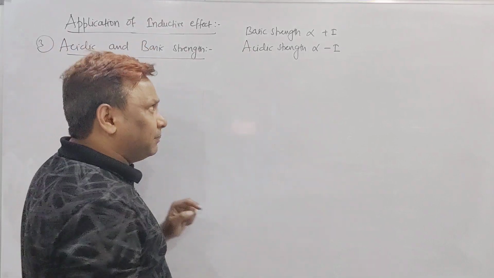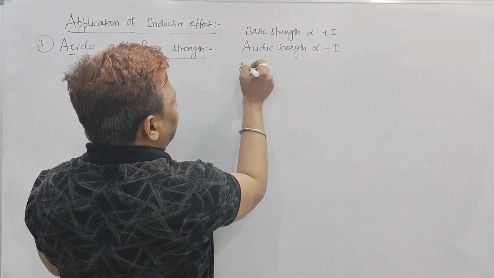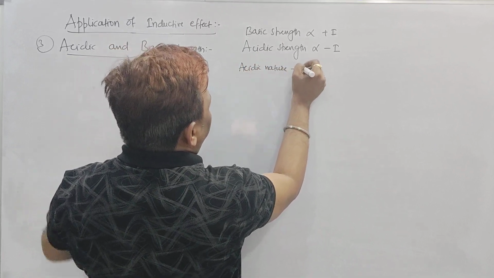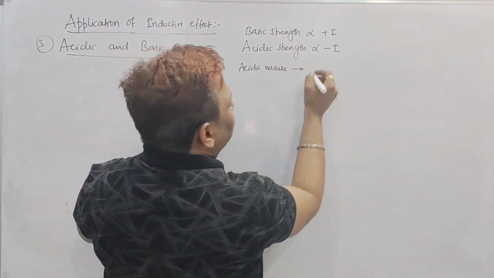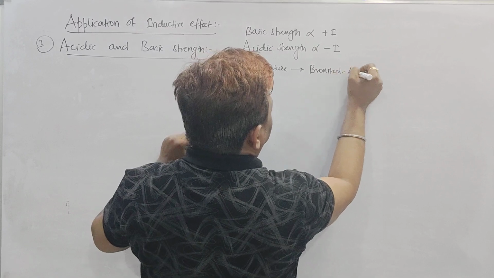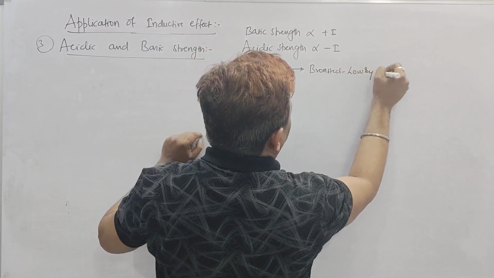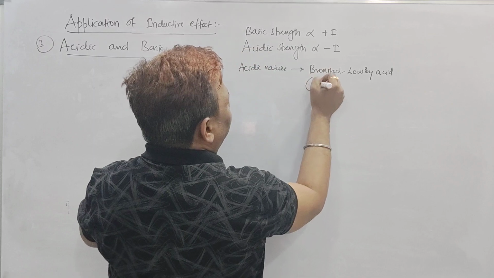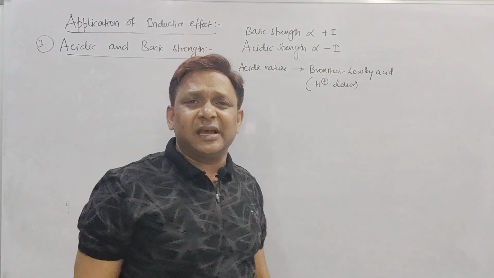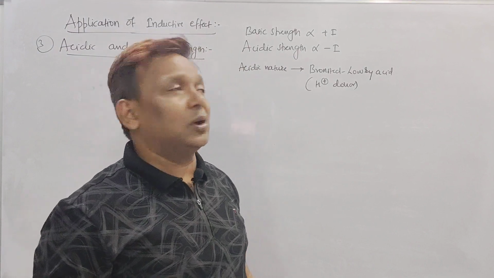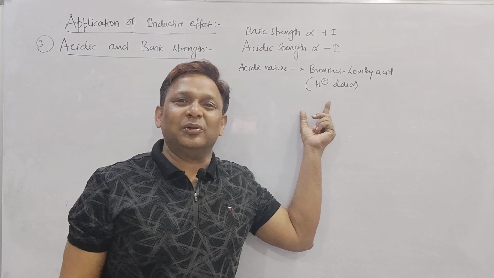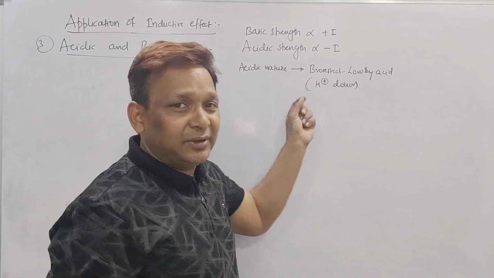But in organic chemistry, please remember beta, whenever they ask us to decide the acidic nature of any species, think about the definition of the Bronsted-Lowry acid. Do you remember, beta, what is the Bronsted-Lowry acid? Yes sir, proton donor is the acid. It means the species which has more tendency to donate a proton is the strongest acid, and the species which has less tendency to donate a proton is called a weak acid.